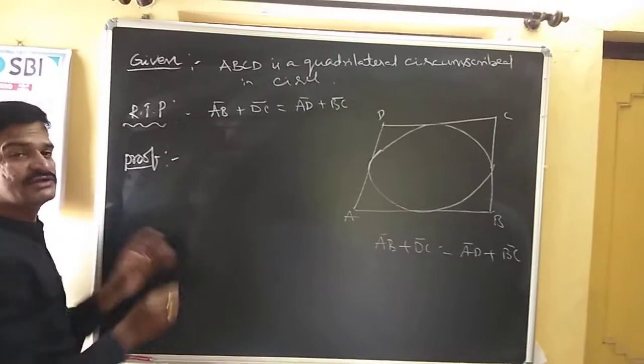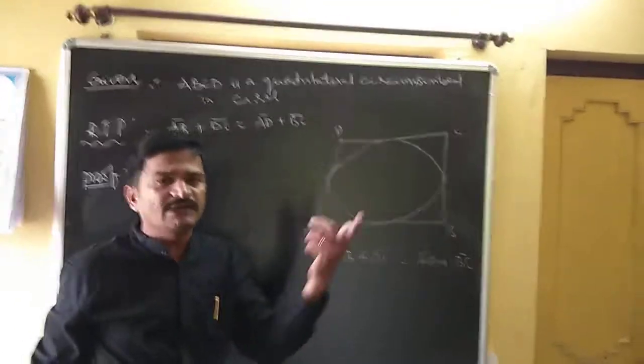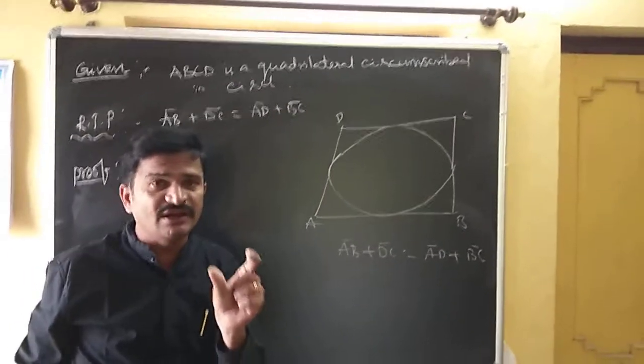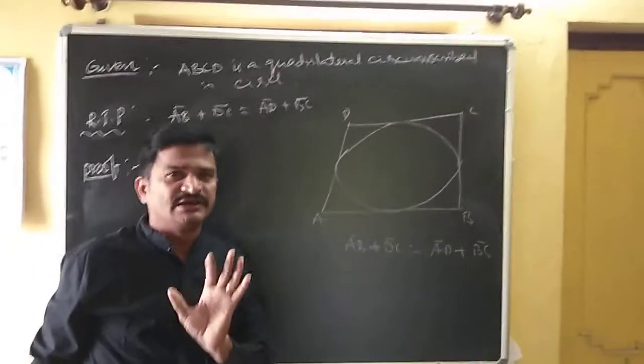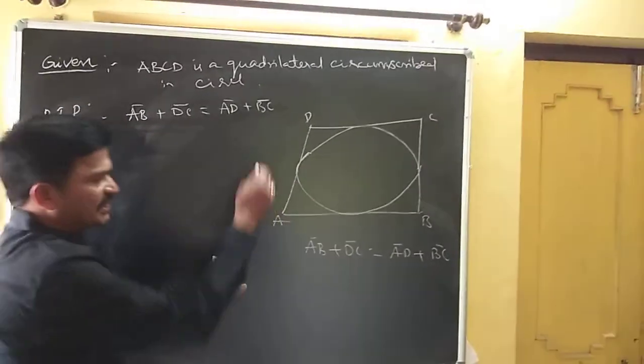Before proving that, once we have to recap the main basic property of tangents. What is the basic property of tangents? The tangents drawn from an external point of a circle are always equal. Isn't it? The tangents drawn from an external point of a circle are always equal. Coming to this,